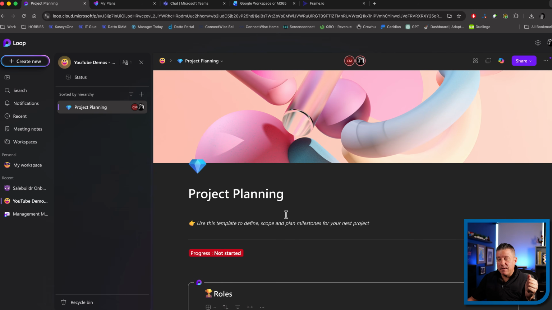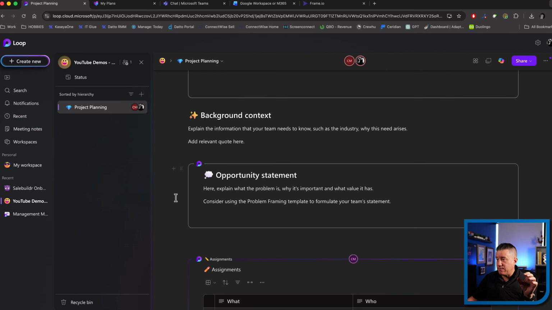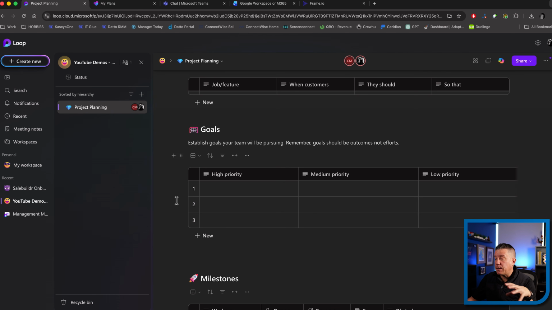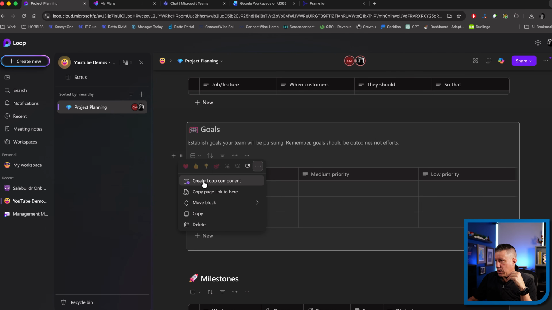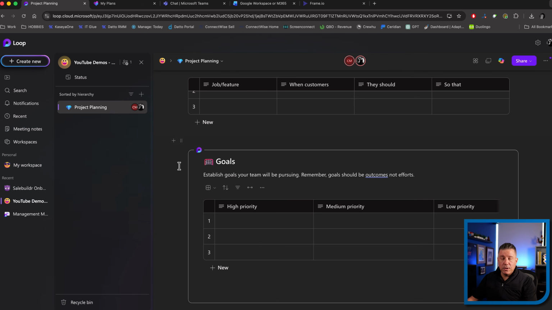As I said, components are magic little auto-updating pieces of 365 that you can copy and paste across multiple sections, multiple areas, multiple applications in 365, and they will auto-update. So let's take this goals thing. Let's highlight this whole thing here, and we're going to click on here and go create loop component. So now that we've created a loop component, I can copy it